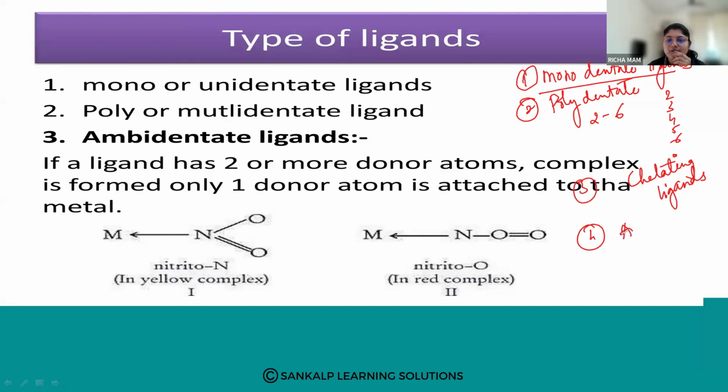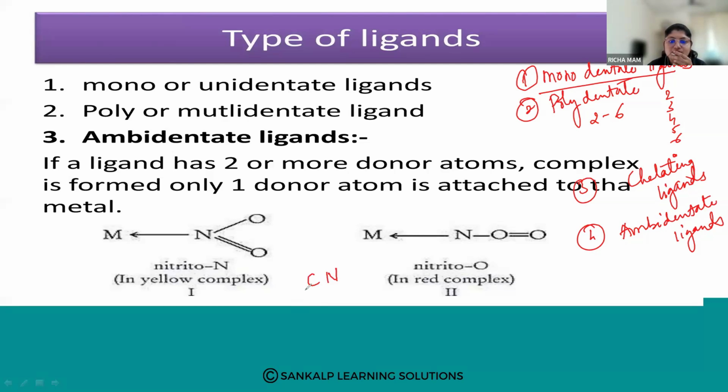Now we are discussing amphidentate ligands. What are these amphidentate ligands? When in the same molecule you have more than one donor atom, but it will coordinate to only one metal ion through only one donor atom, then it is called an amphidentate ligand. Suppose, for example,